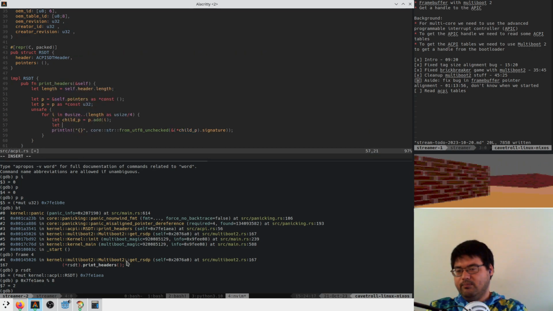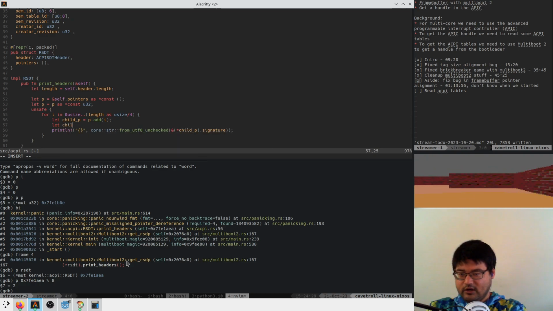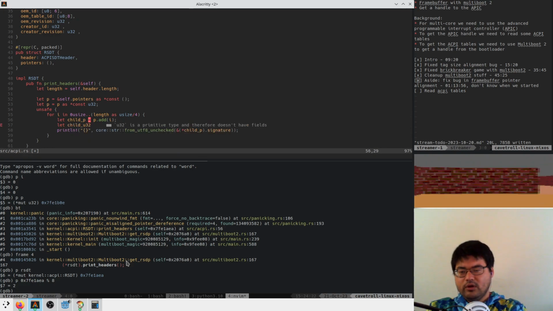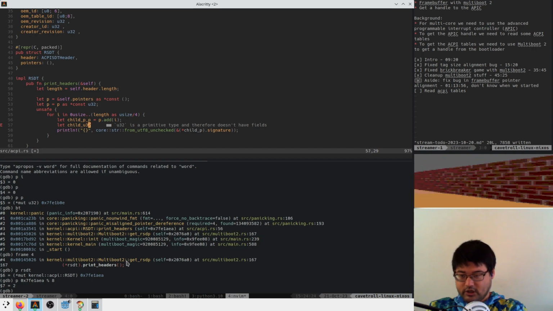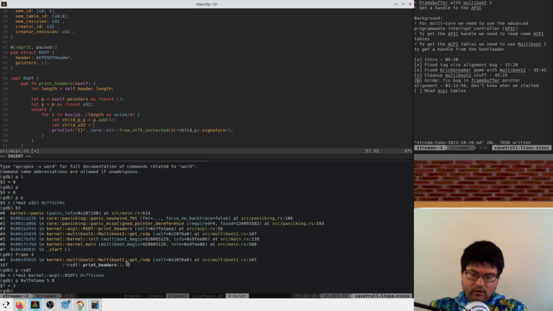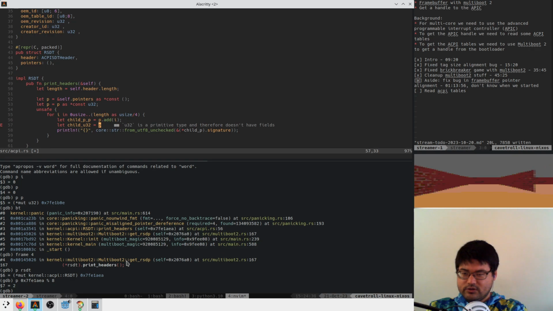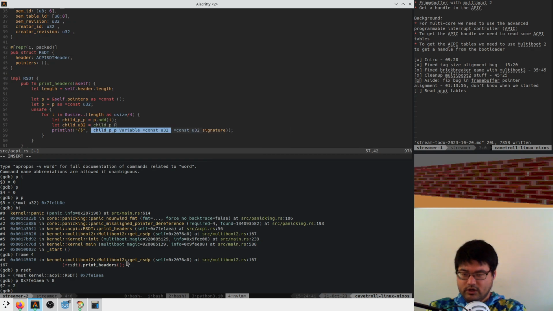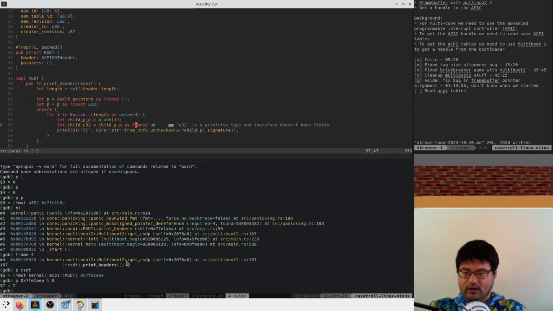So we can say let child pointer u32. This child pointer is equal to a memcpy of this out. So how do I do that? I think I can... So I have the child pointer as const u8.